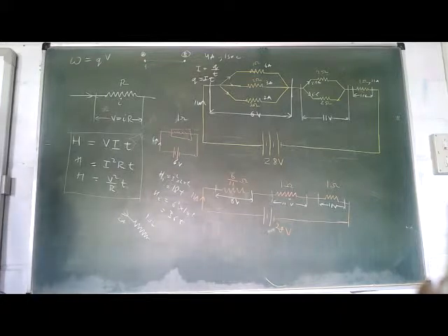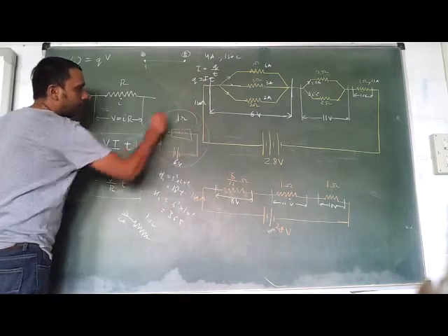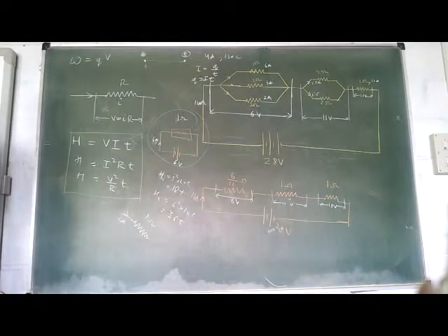So when they ask you what is the dependency of heat, how much is the heat generated, how it is depending on the resistance, then you will have to explain both the things. Okay? This is a thing which is practically happening in your house everywhere. You have constant voltage all around, not constant current. Get the point? Is it clear?